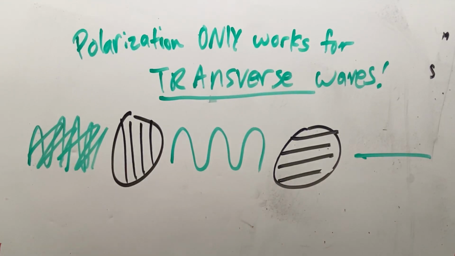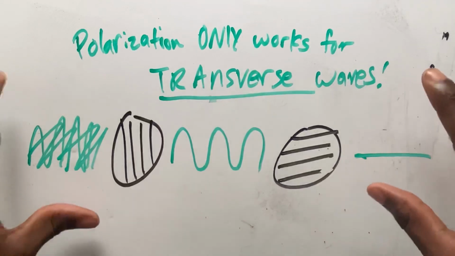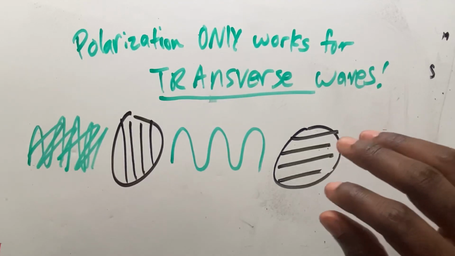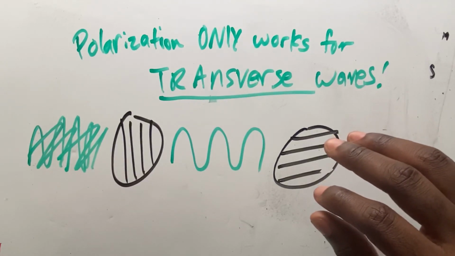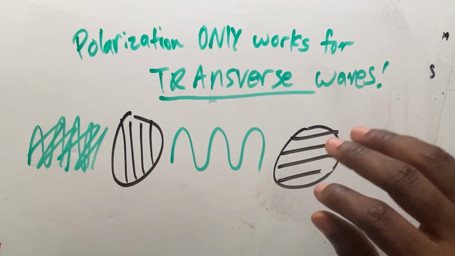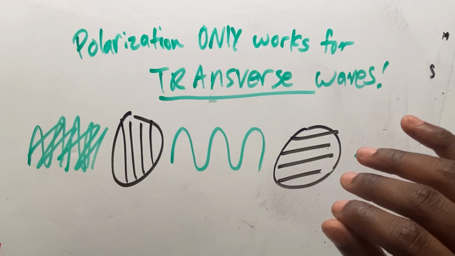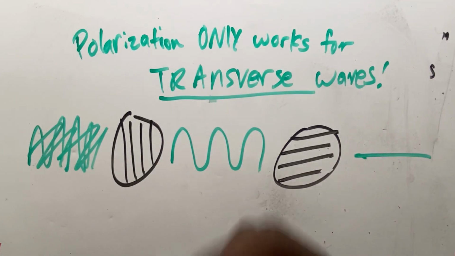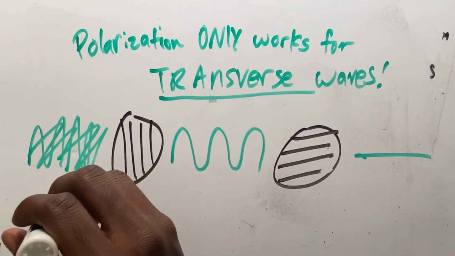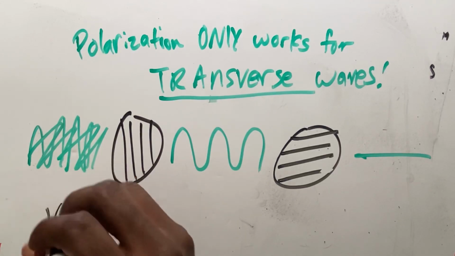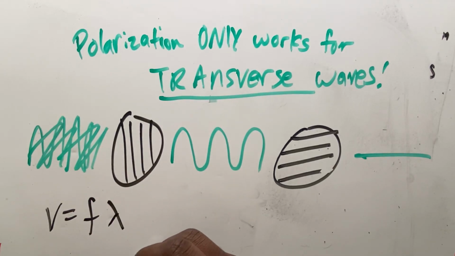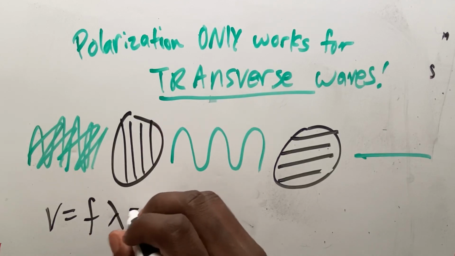Okay, well, I think that's about it for this lecture. I did skip over some things here and there that you can just read up on. I described the lab and Snell's law a little bit, and just to throw you some equations that you should always remember when talking about waves: the speed of the wave is frequency times the wavelength. If we're talking about light, then it's going to be equal to c.